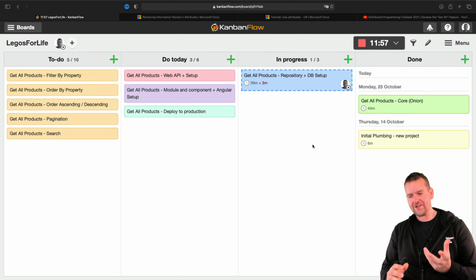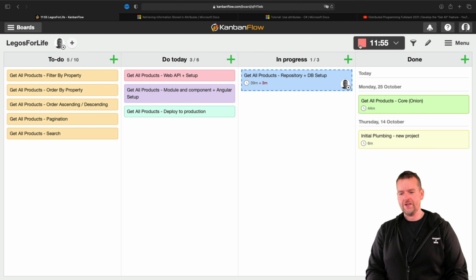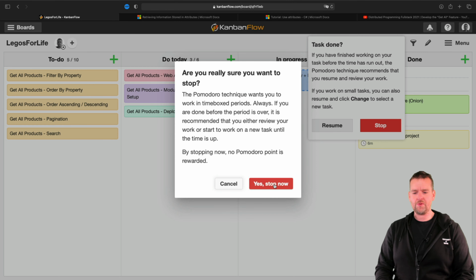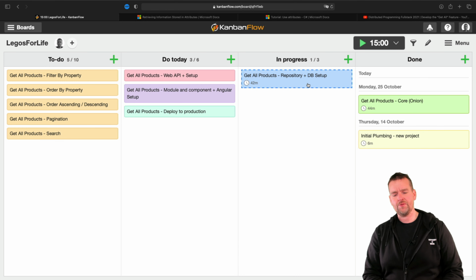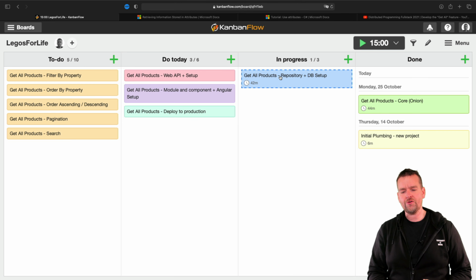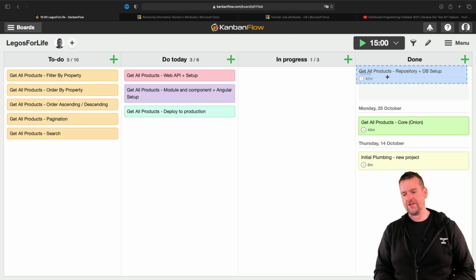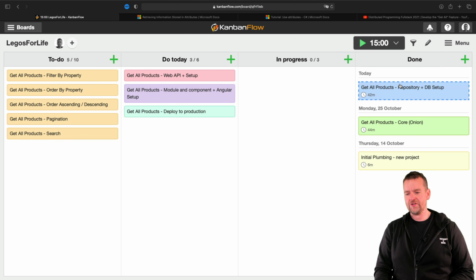Welcome back. So great news. We just completed this task right here. So let's just end the timer and say, yeah, we're actually done with the task. Now there's probably more we could do, but I'm going to end it here because I feel that the repository has been unit tested and it is actually ready to do the get all products right here when we want to try that out. So let's move this into the done lane right here and pull in a new assignment